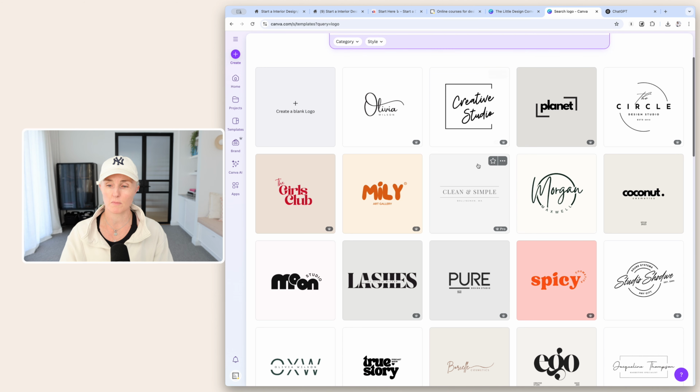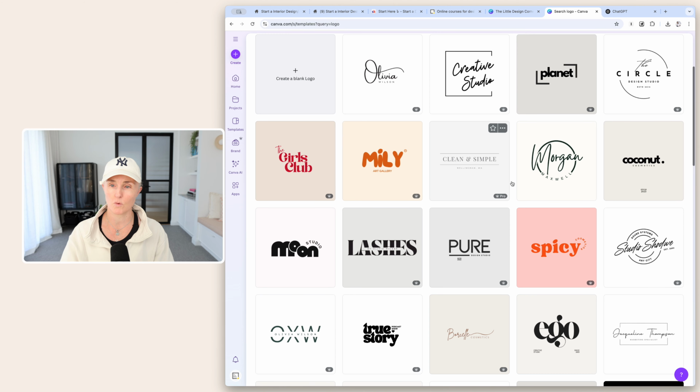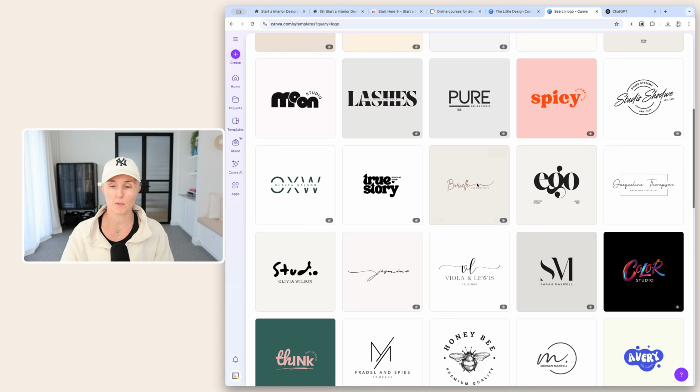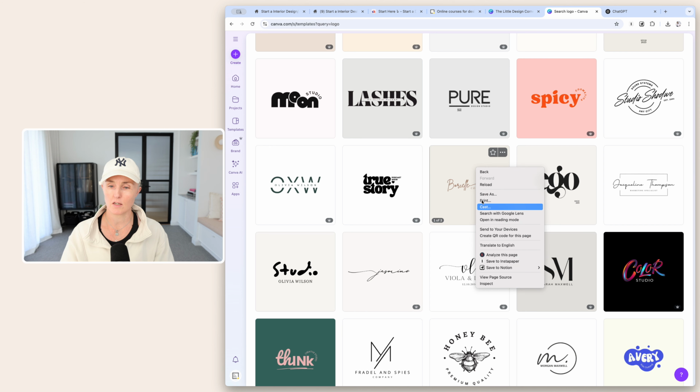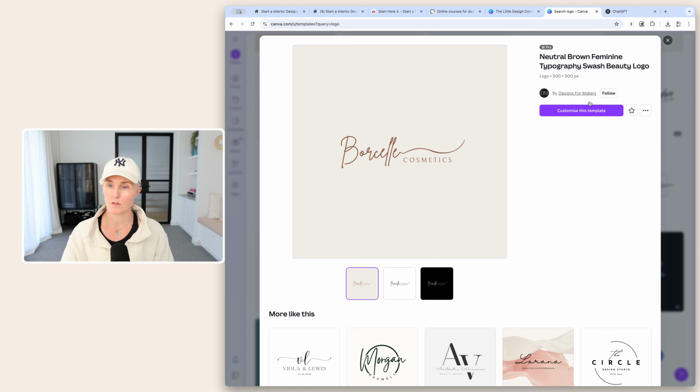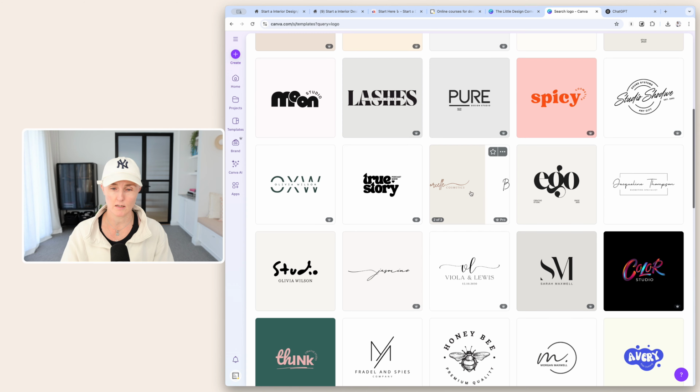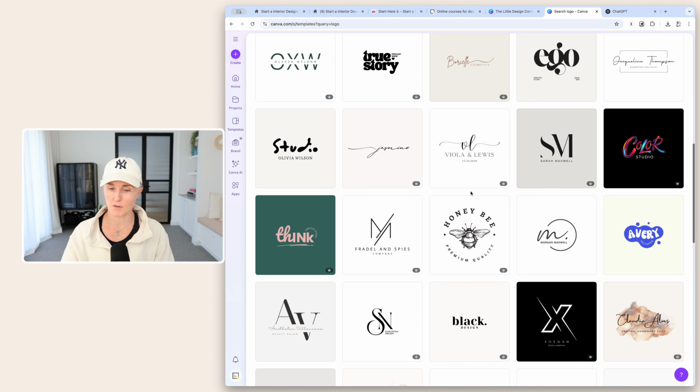So if you are going to make a logo from within Canva, you want to change it enough that lots of other people don't have it. So I'm going to just open a few of these, except I can't open them in new. Here we go. Open. No, I'm going to have to open it and then I'm going to run out. So that one's sort of okay. The other thing is that this may end up giving you your